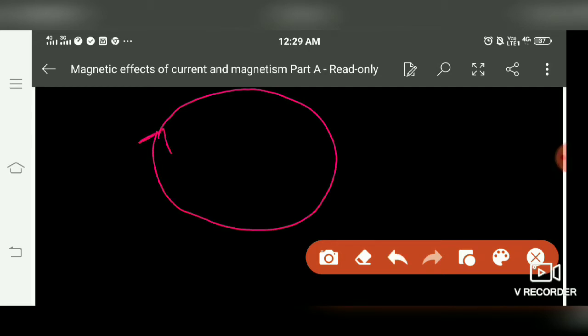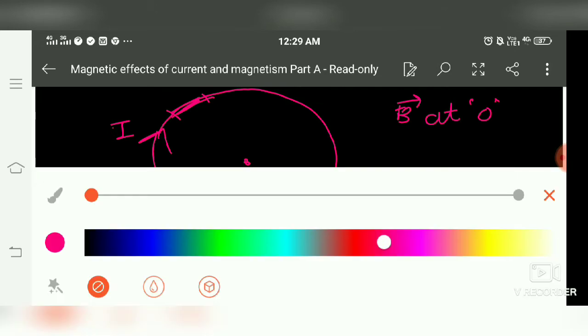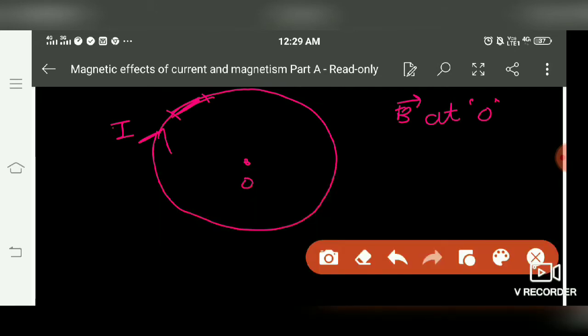Now the first application. Suppose we have a circular loop like this carrying current I. This is the center point. We have to find the field at the center, that is, B at center O. Now this is the current flowing, I. We choose a small current element, let this be the current element dl. And this is the position vector, r vector. The angle between the position vector and dl is 90 degrees.